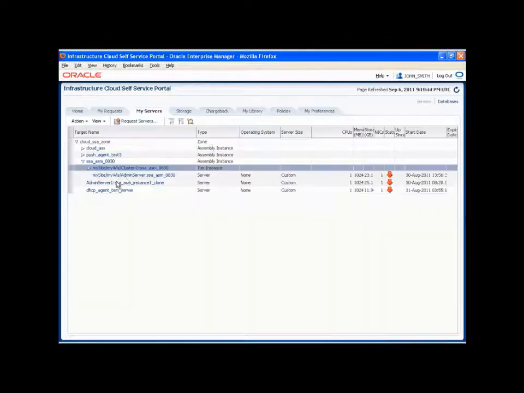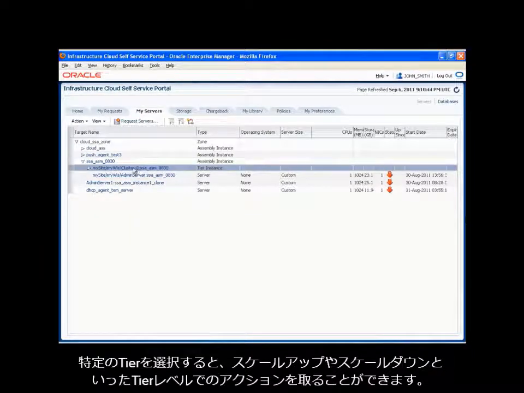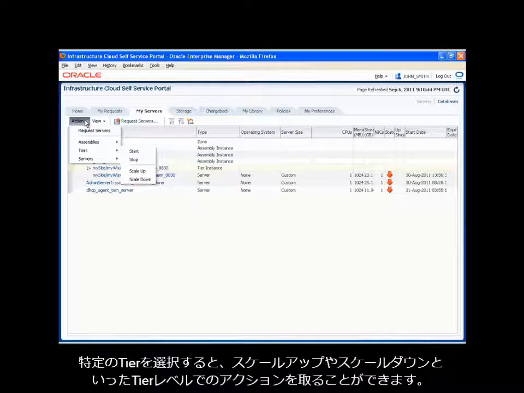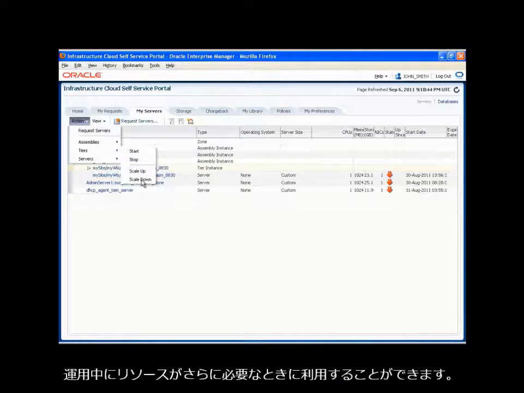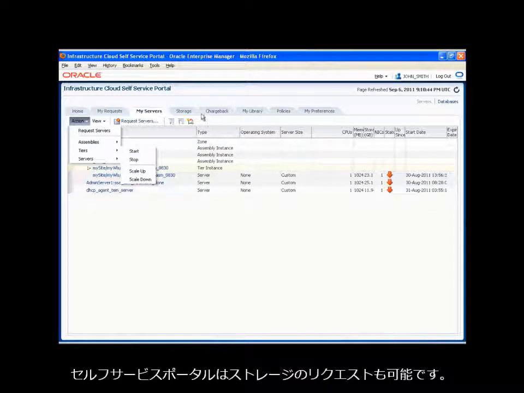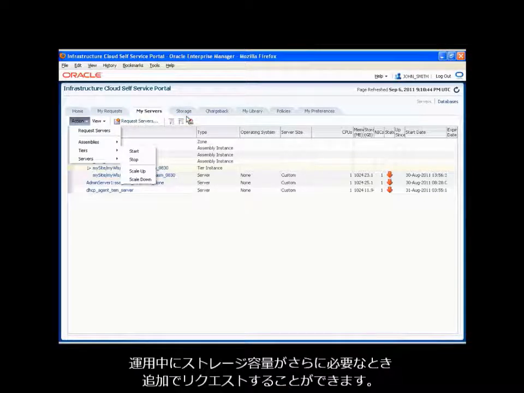small need. We can now drill down into a specific tier and see that the portal allows certain actions at the tier level. For example, you could choose to scale up or manually scale down a tier if you want more resources or more capacity for your deployment. The portal also allows requests for storage. So at a later time, if the user needs additional storage for their deployments, they can choose to make additional